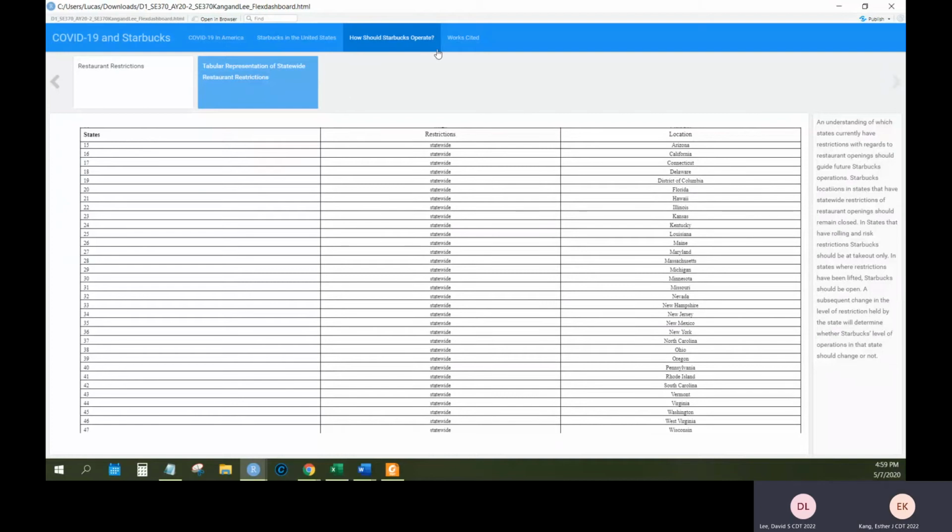As Cadet Kang mentioned, some locations are in states with high numbers of deaths that will most likely correspond with their restrictions on restaurants. For example, New York is still on a statewide lockdown, and they are also in red, which indicates that the Starbucks locations in that state should remain closed. Whereas states such as Alabama are in the rather middle range and are lifting the restrictions. For those states, they should be allowed to open with the emphasis on social distancing. For the other states within that range, they should be at takeout.